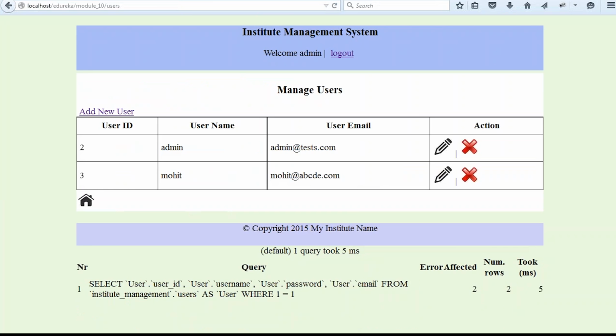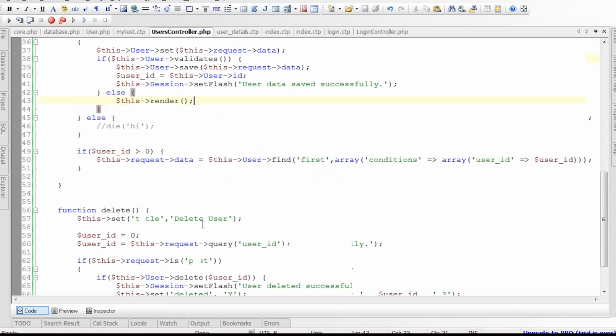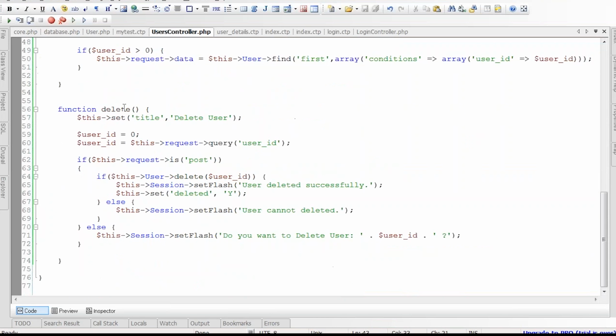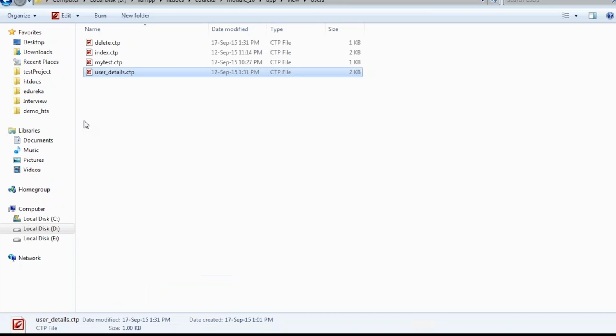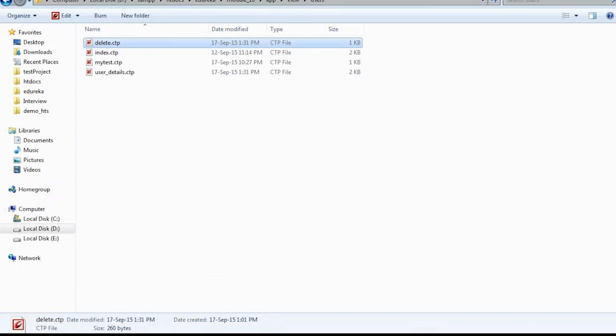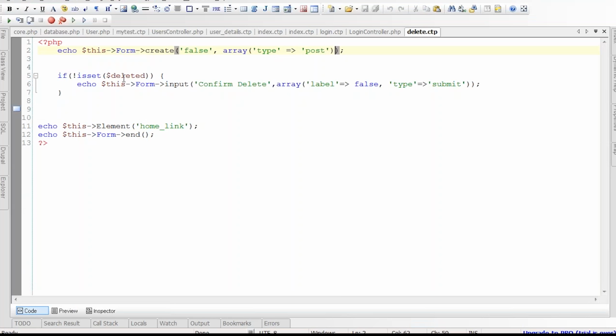Now one more thing, I want to delete. So I will create a delete action. Inside delete, I will use this model name and delete, and will pass the user ID that you want to delete after the form has submitted. So for the same, I will be creating one delete.ctp in my app view users folder. So this would contain